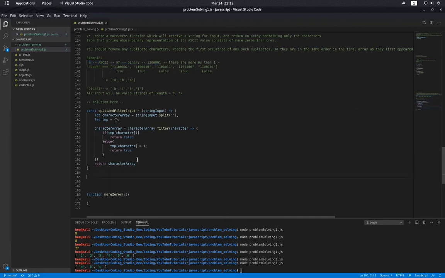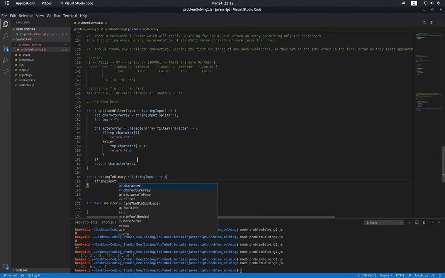Okay, we are gonna create a function again. Const string to binary. This is a very nice function name, and that equals a function, and here we get a string input. And with that string input, what we are going to do is first we grab the string input, and then we turn it to an ASCII, which is